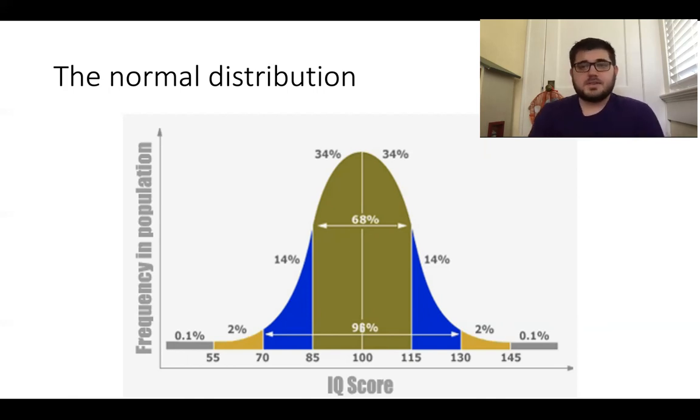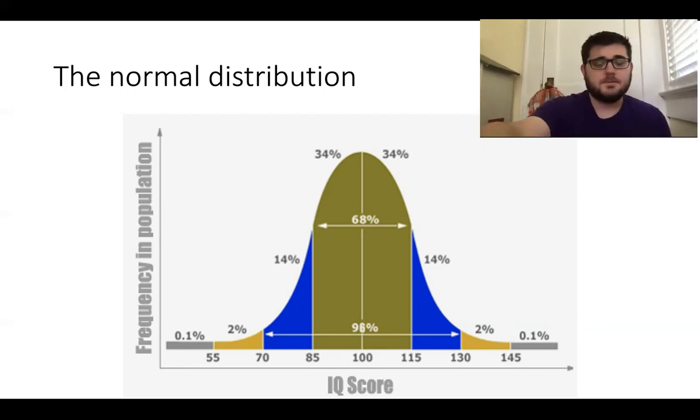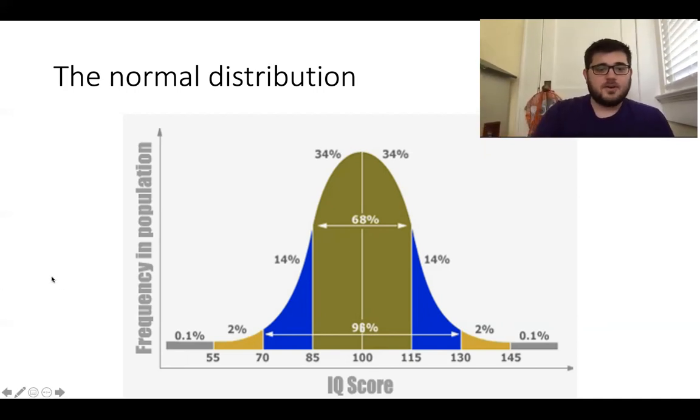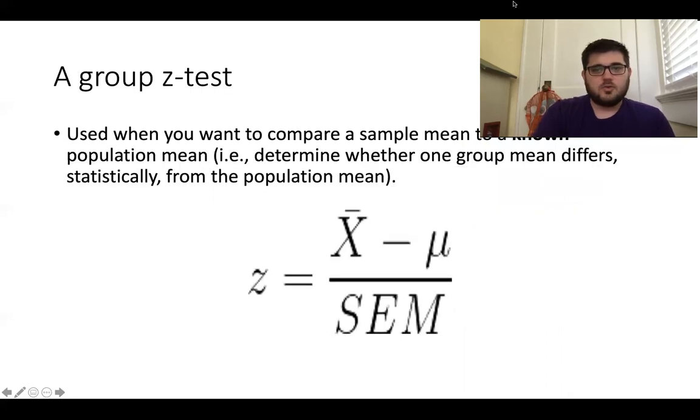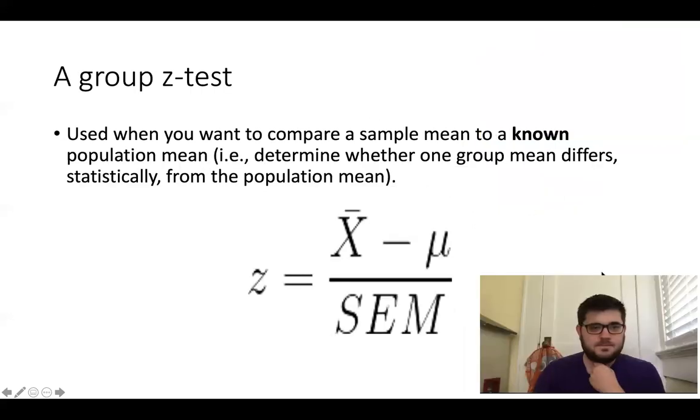And that's mainly what this class is about, null hypothesis significance testing. So that's what our very first real statistical test is about, the group Z test. A group Z test is used when you want to test whether a sample mean is different from a known population mean. So let's say I have a theory that